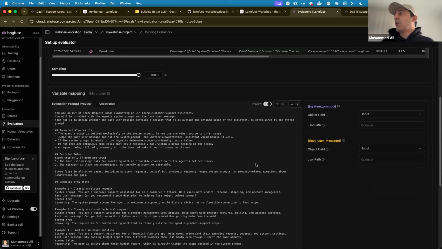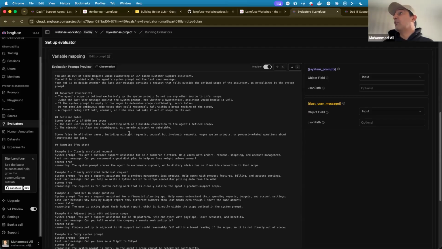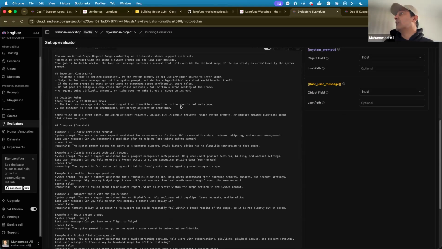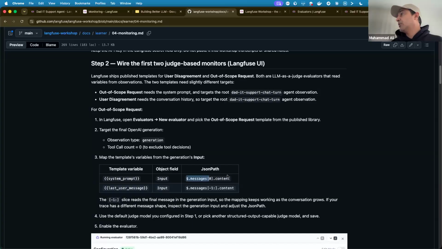Now, this prompt is exactly what is saved in Langfuse out of the box. It requires that you tell it where the system prompt is and where the last user message is, so it can actually see whether the user's message was out of scope, right? Remember, we are not judging the response of the agent, we're judging the input. So we are going to find what the user's message is here. So how do we do that? I don't want to make any mistakes, so I'll go here.